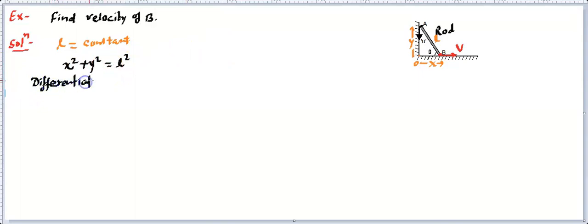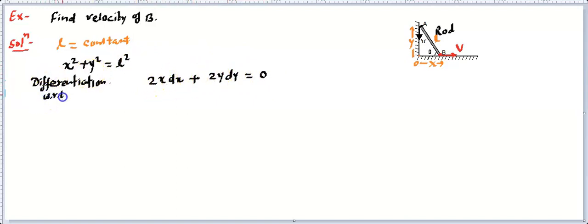So differentiation will lead to what? We are differentiating with respect to nothing, so it's going to be 2x dx plus y square will get differentiated as 2y, power formula. 2 coming in front, and this is 2 minus 1, which is 1. And since this is y, we will write dy is equal to d of L square, that will become 0. So this is going to be the differentiation. Now this is a differentiation without any reference.